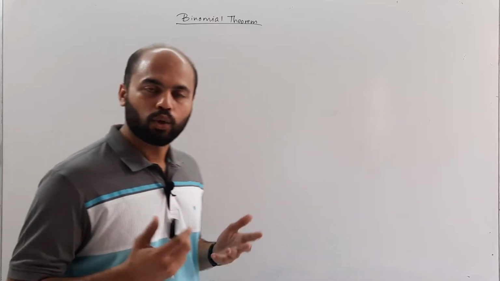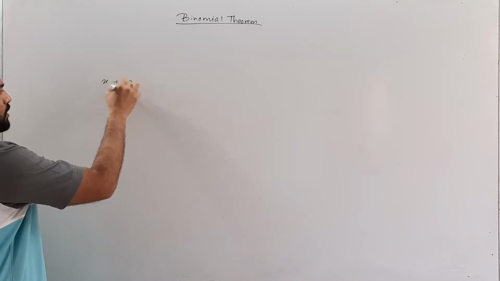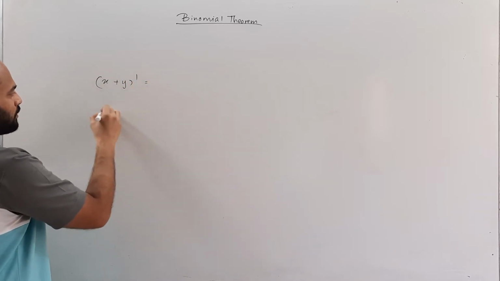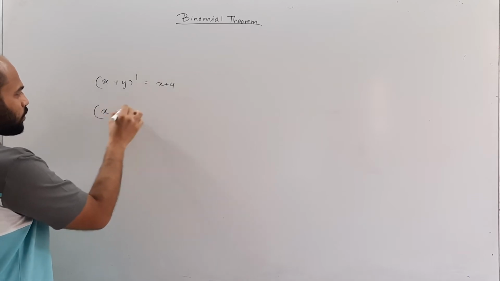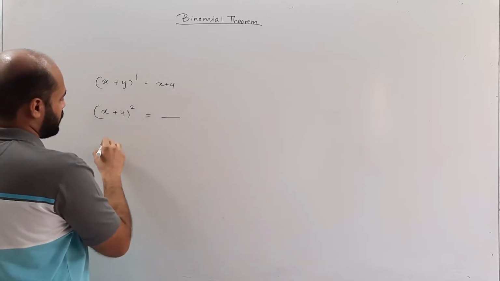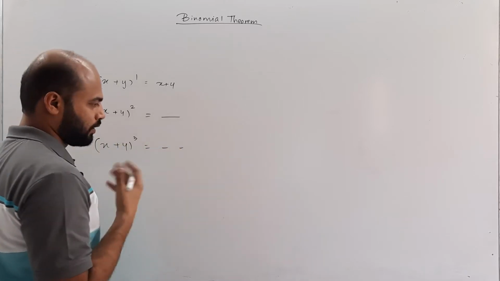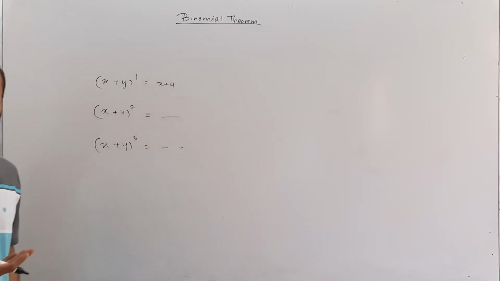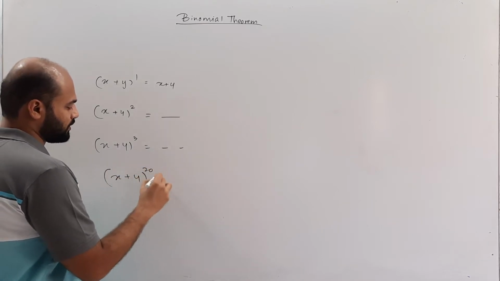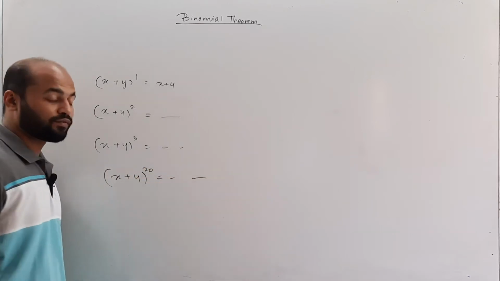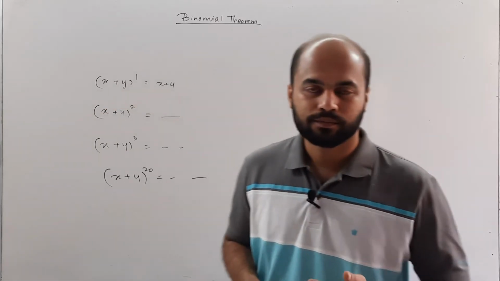So, till now in lower classes you have studied about something like x plus y raised to 1, which is x plus y of course. You have studied about x plus y the whole square. You can do x plus y the whole cube and so on. So that is limited to a certain extent. If somebody asks you how to do this, then with the kind of knowledge that you have with respect to the school algebra, this cannot be done.